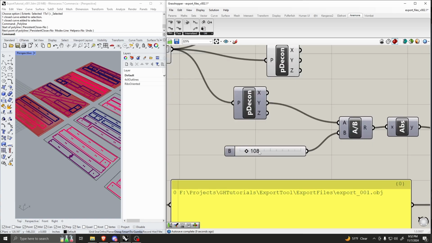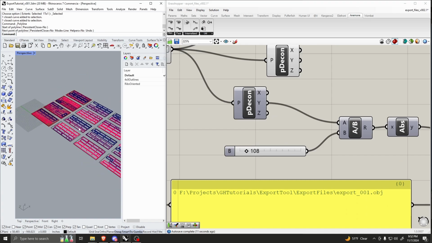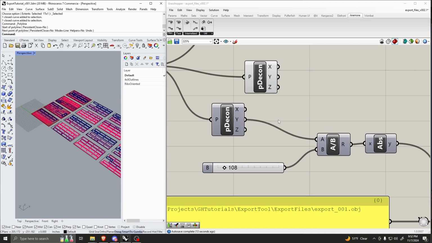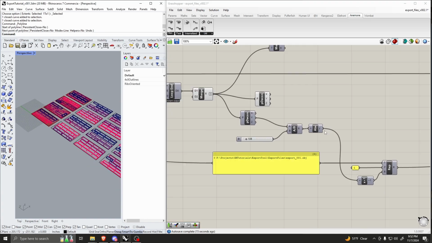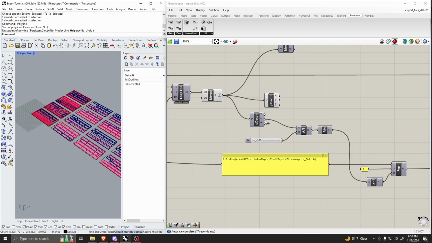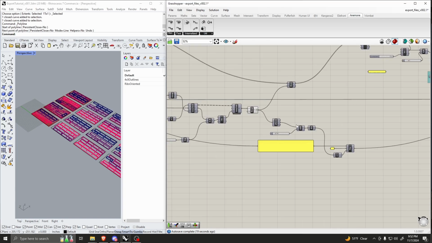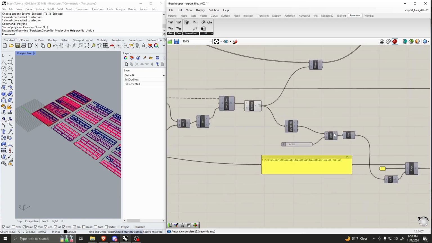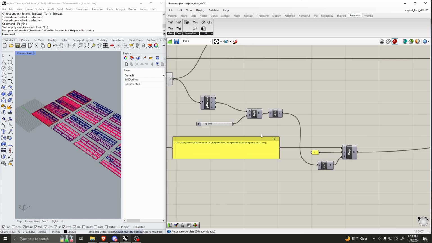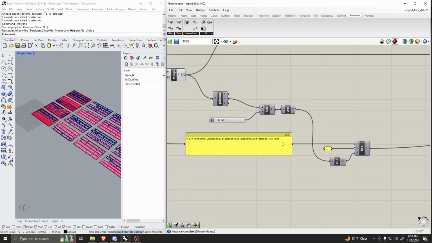I divide that by 108 because that's my distance, and then I get back my number again. So you probably don't have to do it this way. This was kind of overkill. You could probably just grab the number from here. But it works to do it this way, I guess. So